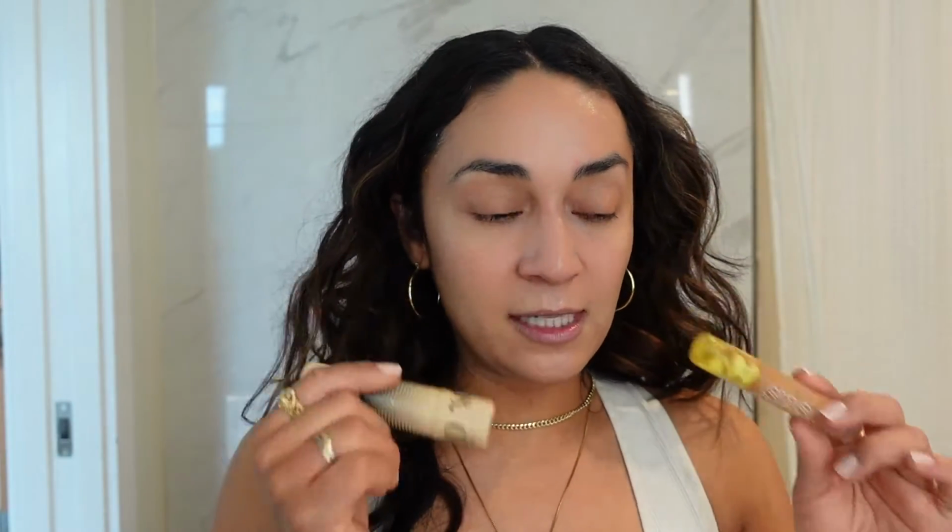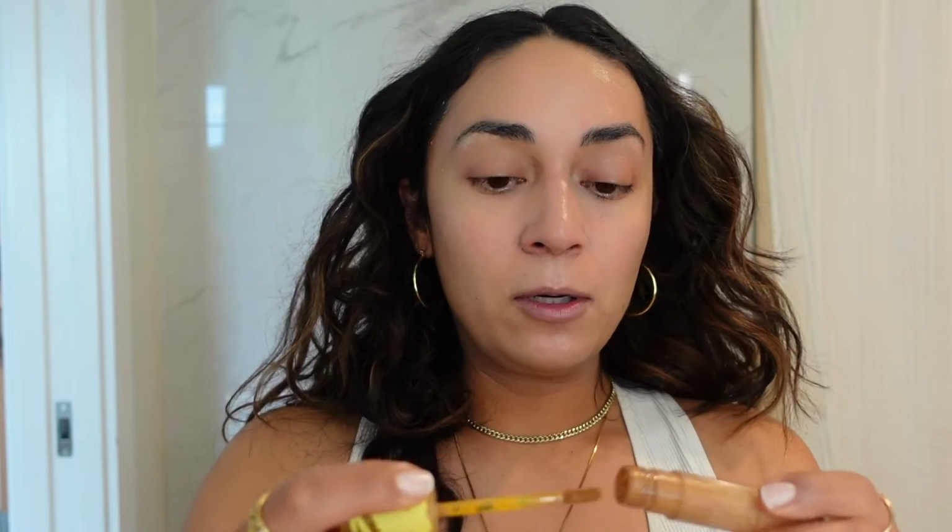Now I'm gonna go in with contour. I've been doing that Mary Phillips makeup look, and that was the makeup look that I rocked in Tulum. It's trending right now, it's a vibe, and I love it. And it's literally just putting your bronzer and concealer on first before you do your foundation, and I actually really like it. My usual contour bronzer is the Kosas Revealer concealer in 08 Warm. I'm annoyingly running out of it. I was gonna go run down to Sephora to get a new one before this video, but